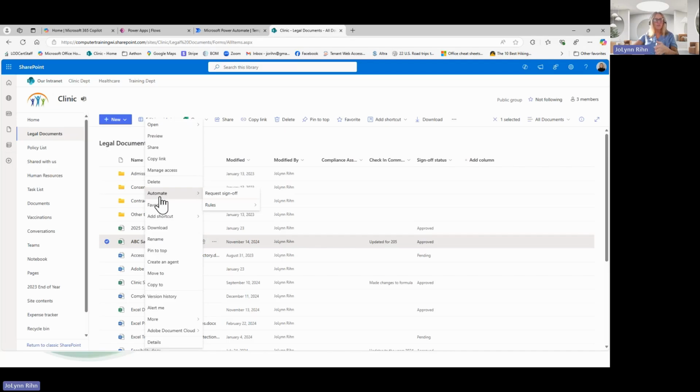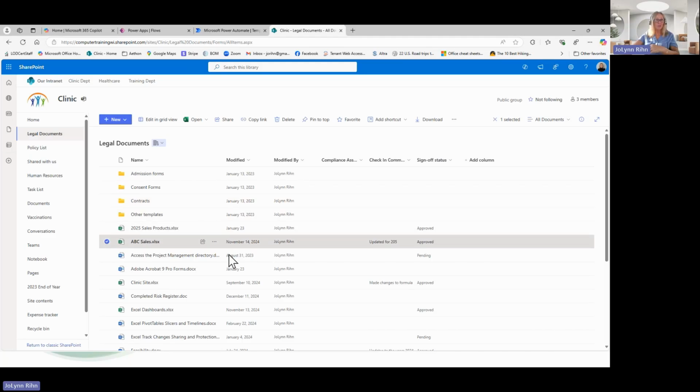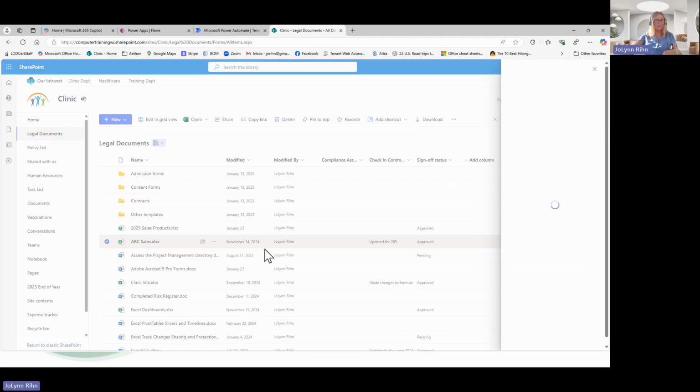A built-in workflow is to send a file for approval. So I have this request sign off. It's a built-in Power Automate workflow. I'm going to click on it, and it's going to have to connect. So it's connecting to SharePoint, it's connecting to Outlook, it's connecting to Microsoft Teams, and it's connecting to another app in the Power App programs called Approvals. So it's connecting to all these different programs that we don't even need to worry about in the background, because this is something that we use regularly. It's already built for us.